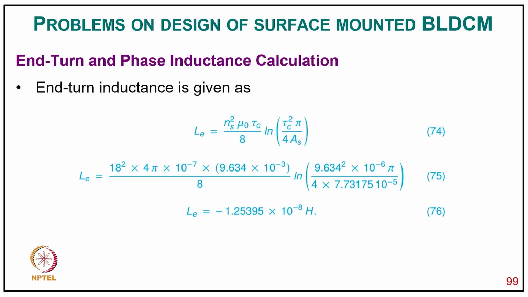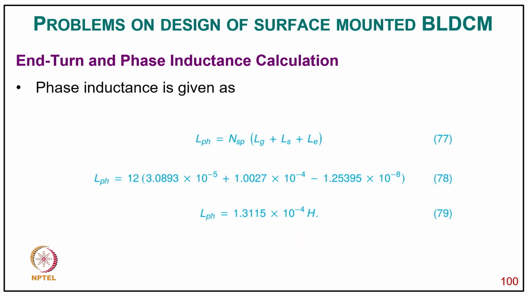minus 4 Henry, and the end turn inductance LE equal to NSC square mu 0 tau C by 8 into logarithmic tau C square pi upon 4 AS. So it comes after putting value minus 1.25395 into 10 power minus 8 Henry, and the phase inductance LPH equal to NSP in bracket LG plus LS plus LE. So putting value it comes like LPH equal to